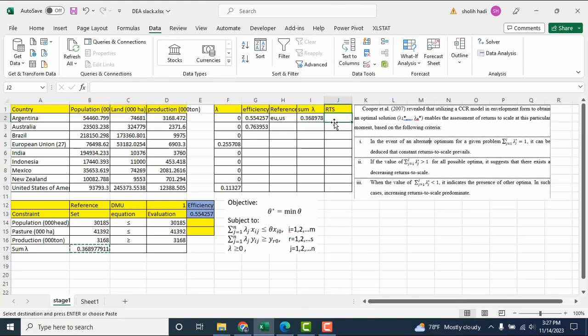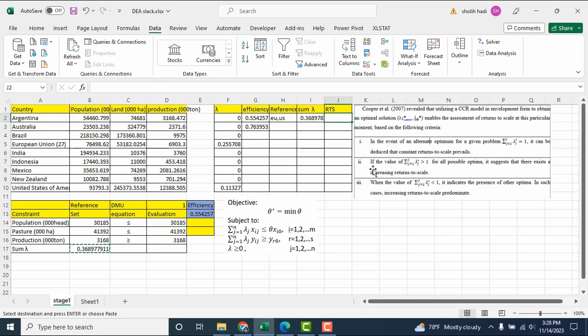And then for return to scale, we take a reference from Coelli et al. 2007. The first is if the sum of lambda equals 1, it can be concluded that constant return to scale prevails.